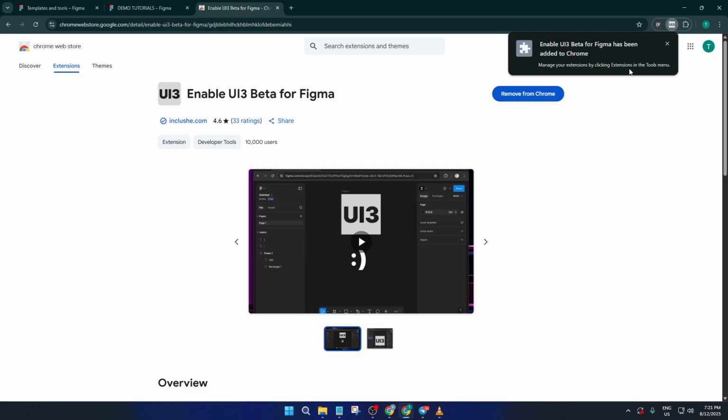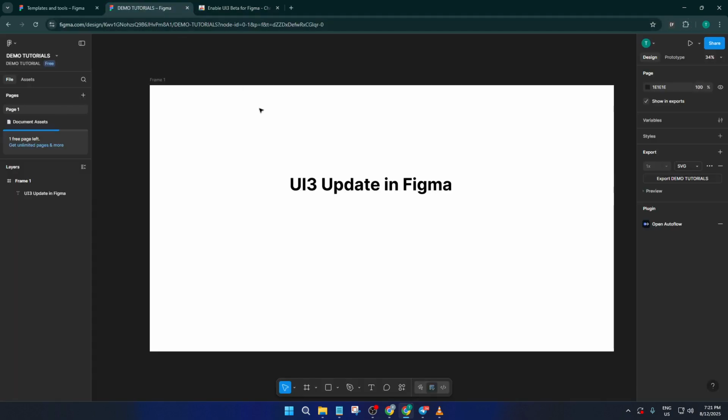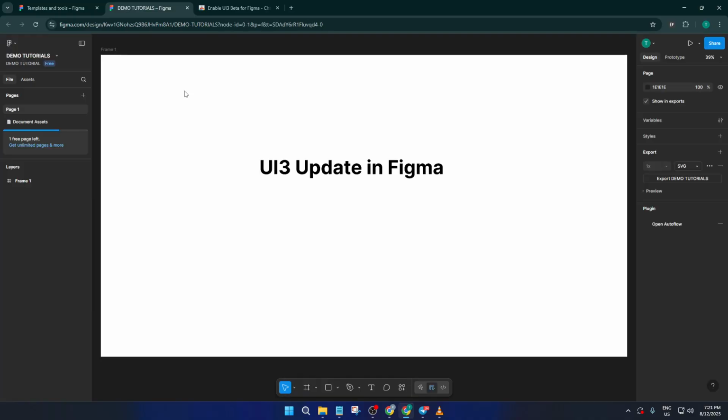With the extension installed, your next step is to head straight into your Figma account. Just open a new tab, log in, and give your interface a quick refresh if you already had it open. And there you go, you should see the brand new UI3 design applied right away. It's a pretty noticeable visual upgrade, cleaner lines, reorganized panels, and improved workspace management. Not only does it look modern, but it can help speed up your workflow, especially with how some of those